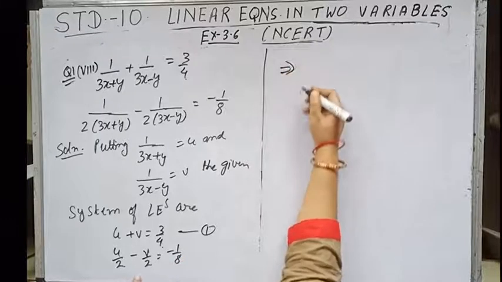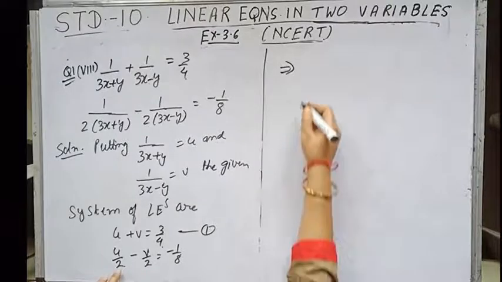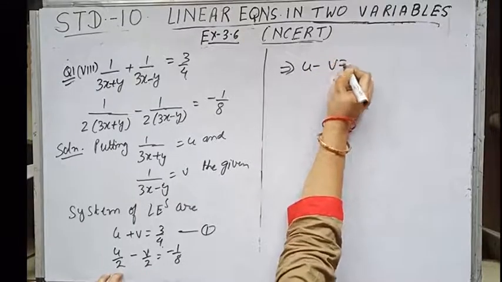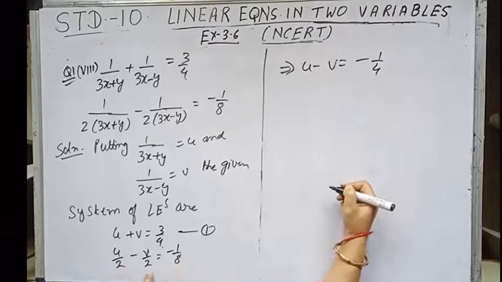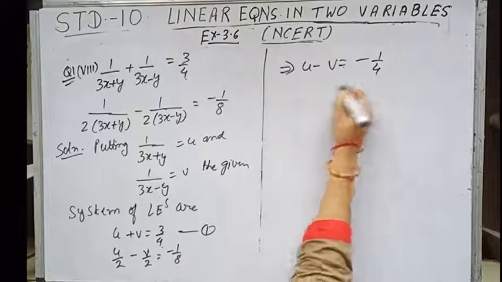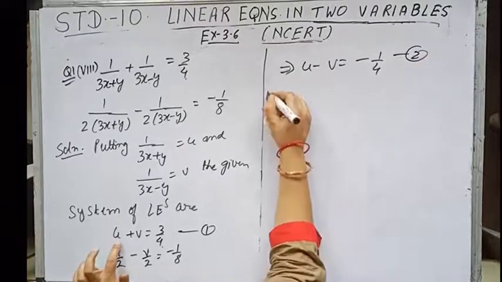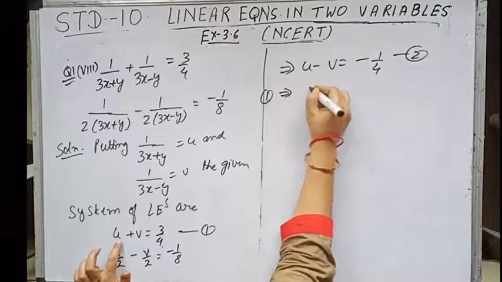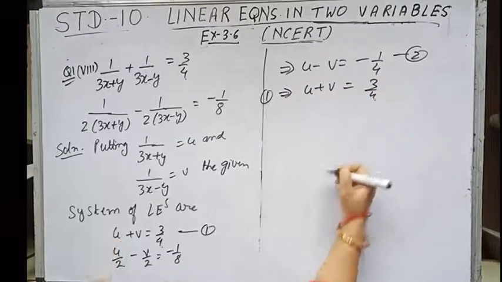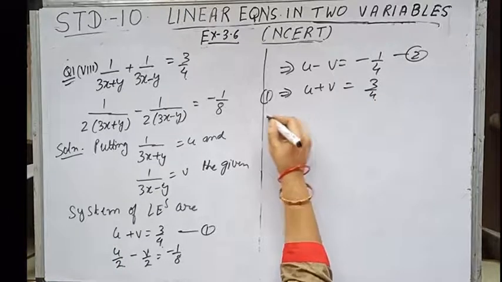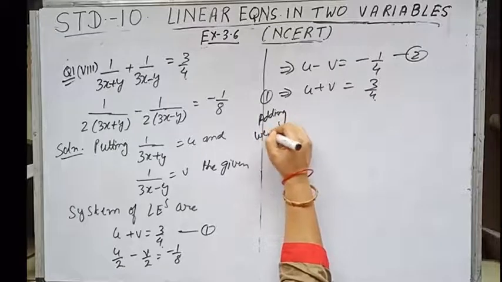This implies, let us cancel the 2s over here, u minus v equals minus 1 by 4, since 2 under 2 under 2 fours are. Let us make it equation number 2. Now equation number 1 was u plus v equals 3 by 4. Now let us add it. Adding, we get,